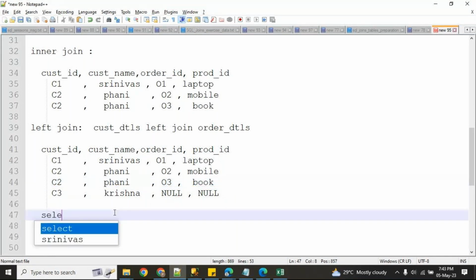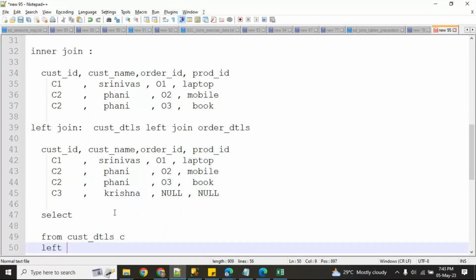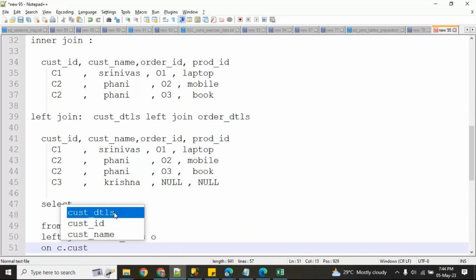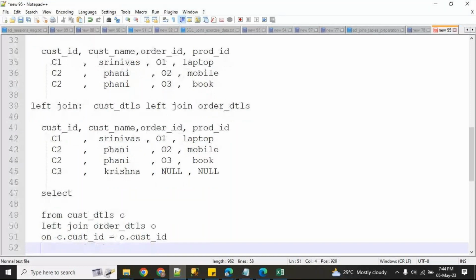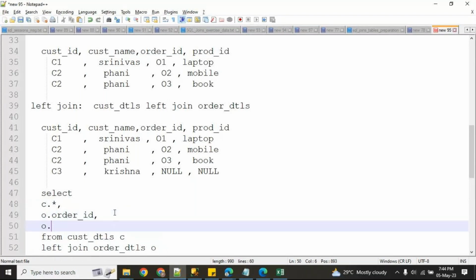So here: select from customer underscore details C, left join order underscore details O on C dot custid equal to O dot custid. So I want customer details, and in the order, the order ID and product ID.